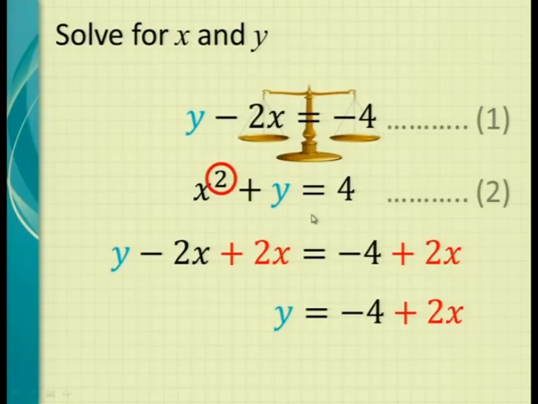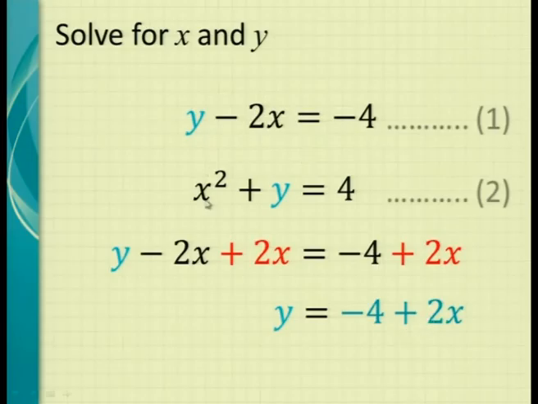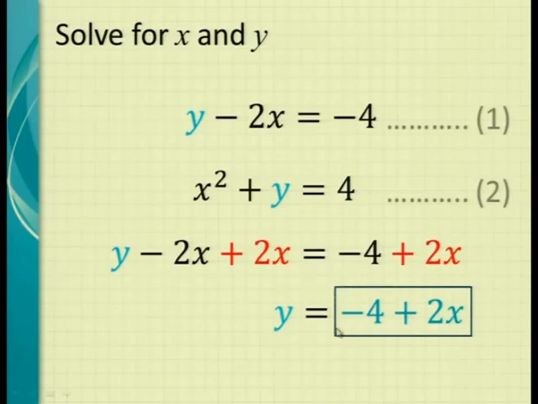I hope you are all happy with how we did this. If you're not sure, ask a friend, please. You must make sure that you know how to get from this equation 1 to this equation here. This one at the bottom here is exactly the same as that one. It's just written different because remember we had our scale, and what we did on the one side, we did on the other side. It's still equal. Now we've got y equals minus 4 plus 2x. Why is that important? Let's just get rid of that scale and stuff. This whole thing here is exactly the same as y. And now this is, remember, from equation 1.